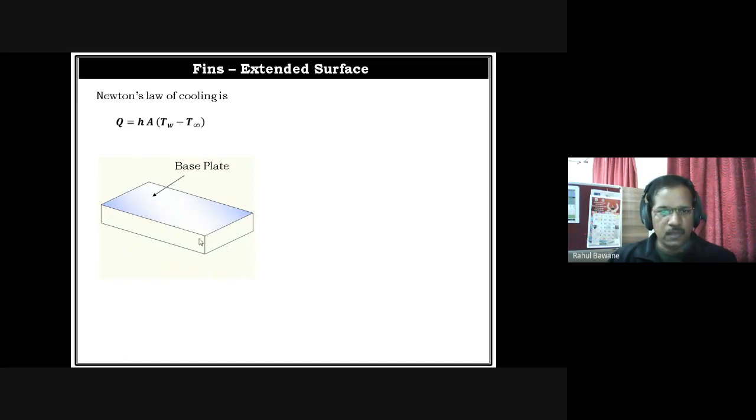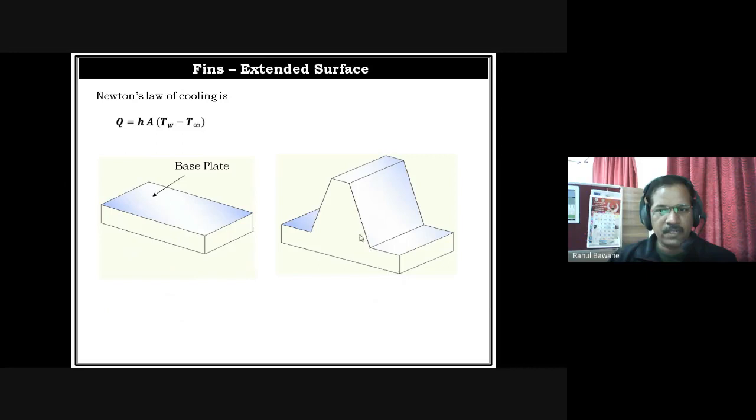Suppose I want to increase the rate of heat transfer from this surface without changing other parameters, that is surface temperature or fluid temperature or convective coefficient of that cooling material. So I have only one option, that is increasing surface area, but having some limitations, so that I can't increase the length and width of this base plate. But still I am interested to increase the rate of heat transfer. So I have only one option, to provide extended surface on this base plate.